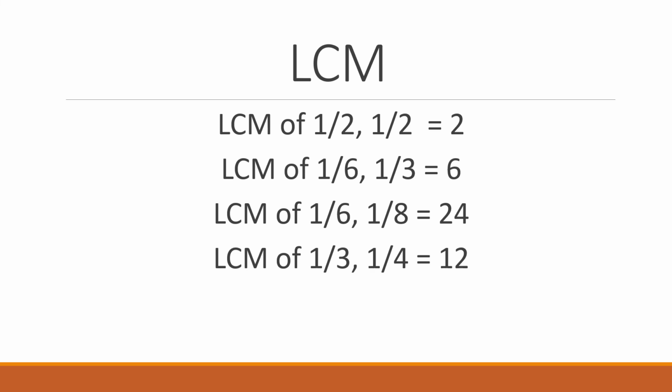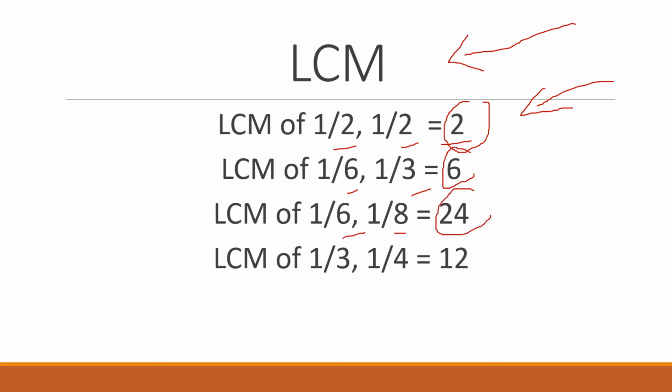So this is what we mentioned here. It is an old model that is described in Fathul Mu'in and in all the Fara'il kitabs. And there is another method. If you are familiar with the LCM, you just find the LCM of the denominators. The LCM of 2 and 2 is 2, so 2 is the numerical basis. For 6 and 3, the LCM is 6; for 6 and 8, the LCM is 24; for 3 and 4, the LCM is 12.